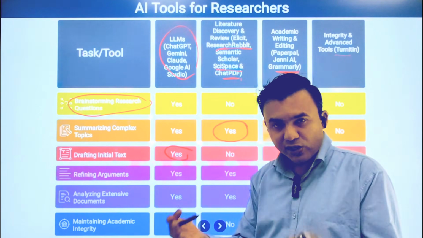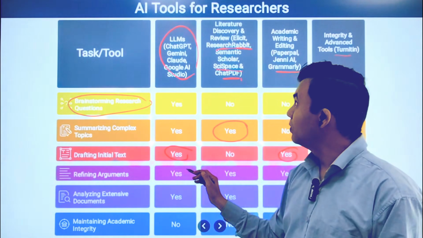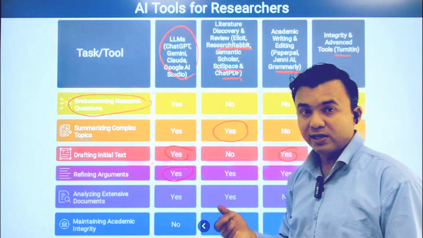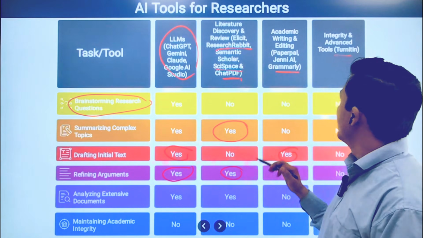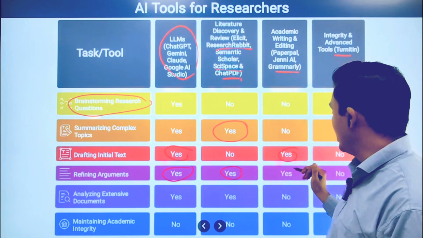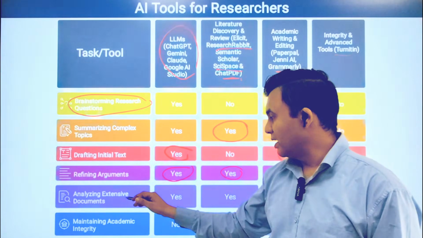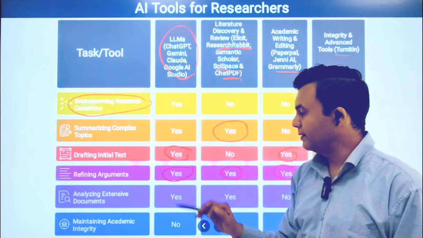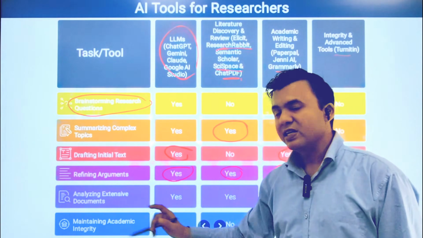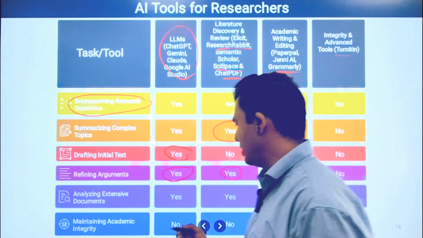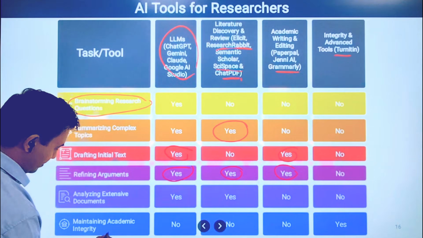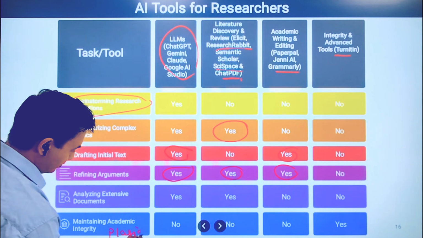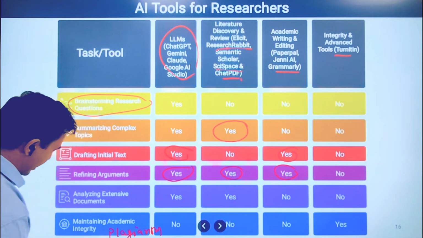Refining the arguments, editing further, doing the brainstorming: you can use any of these large language models. This will also help you to understand the literature and review it nicely, right? Analyzing and extraction of the documents, these two will help you on that. Maintaining the academic integrity means the plagiarism part will come here. The plagiarism, and AI score,